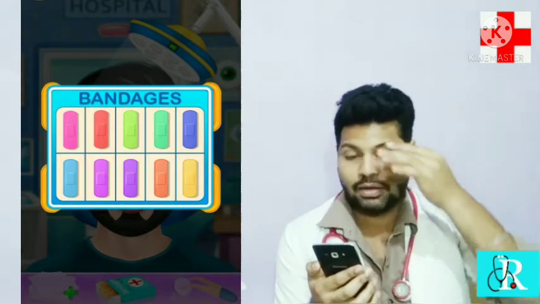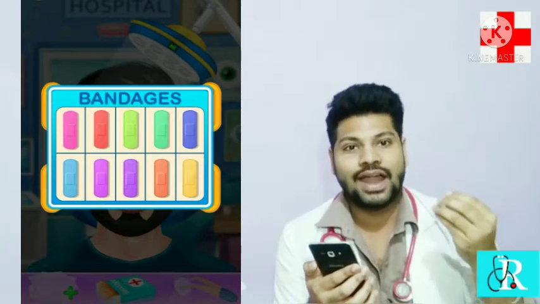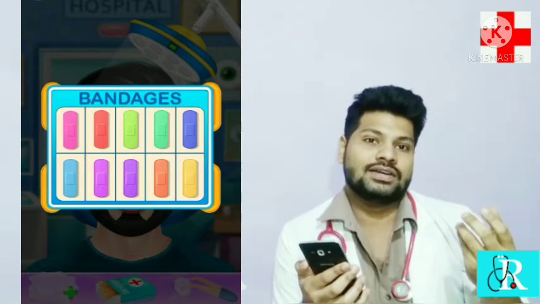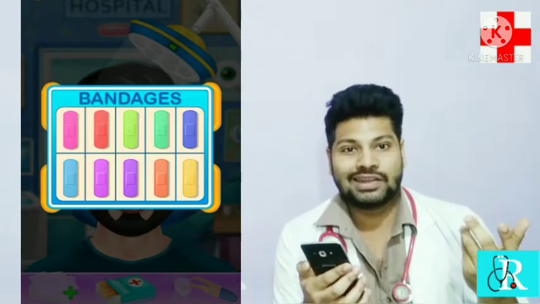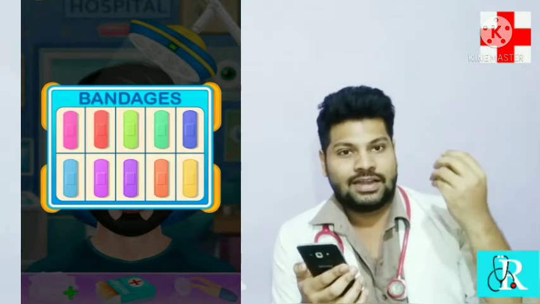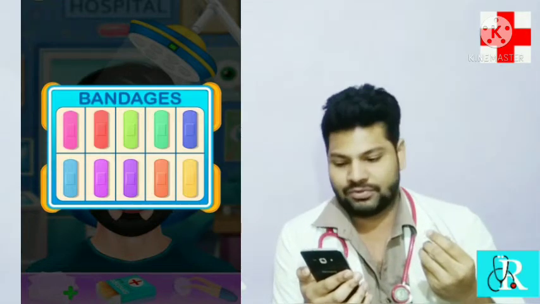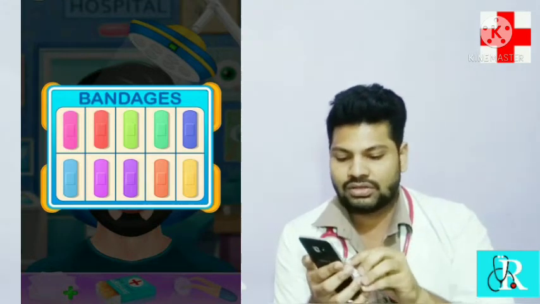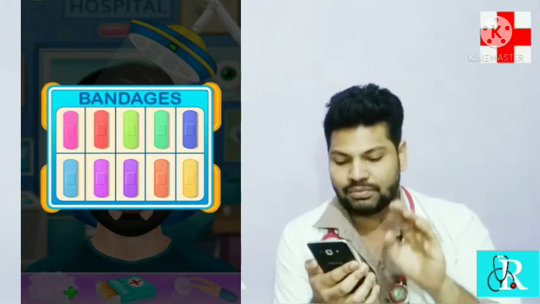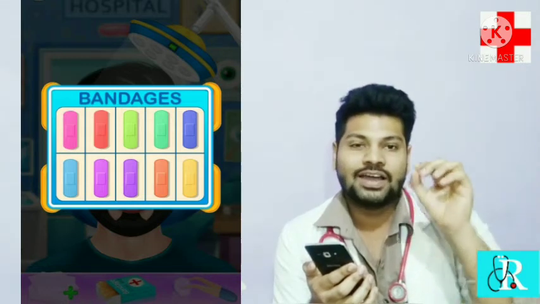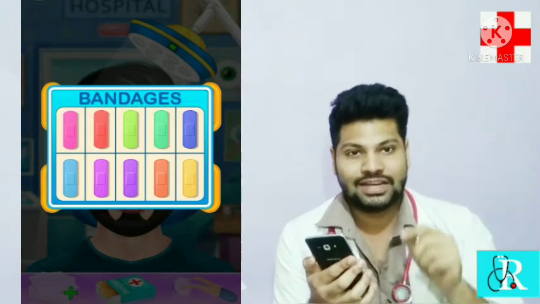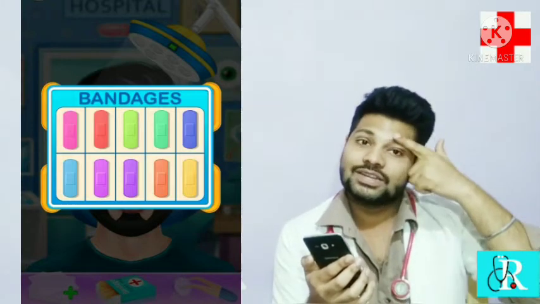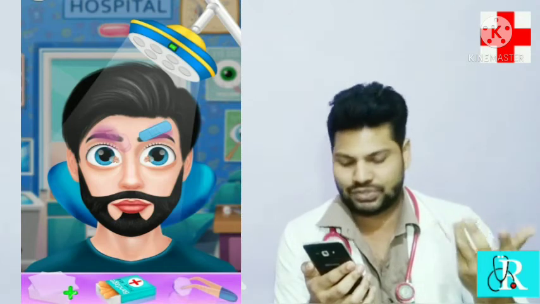What does this bandage contain? Some kind of antibiotic will be within that, especially clotrimazole cream, and an anti-inflammatory and a painkiller. The mixture of all these things, an anti-inflammatory and antibiotic mixture, will be within that small strip being shown over here. Between every bandage and the wound there will be some antibiotic and anti-inflammatory mixture added to that strip, and that will be sticking not only over this incised wound but any other part of the body. It is a very common practice.